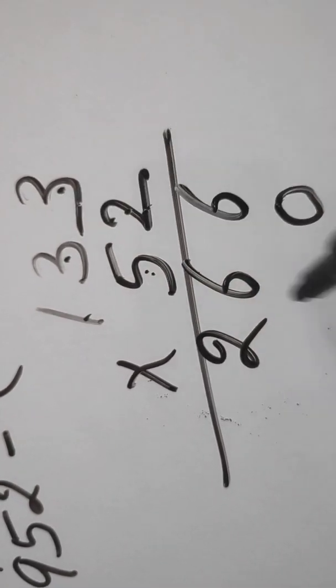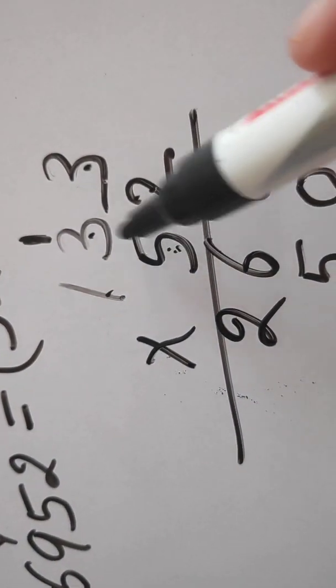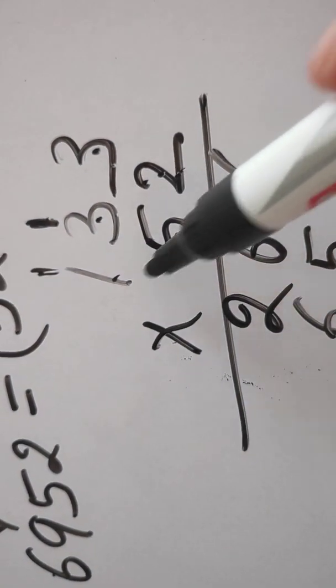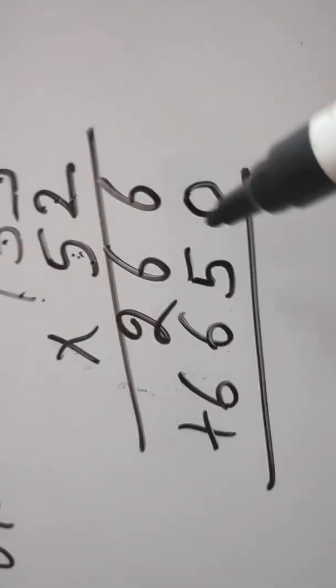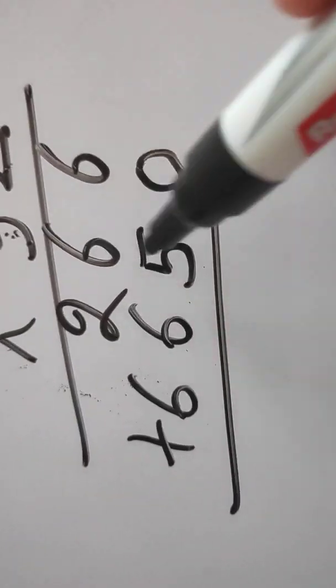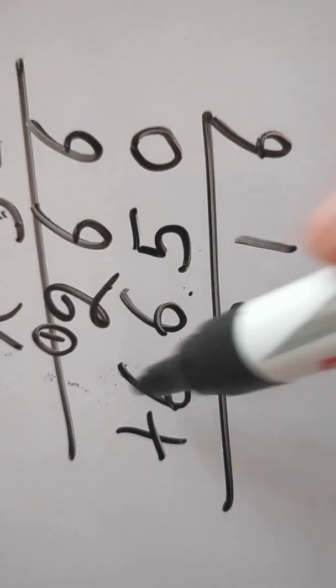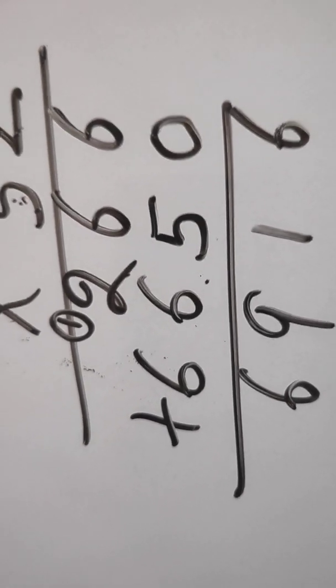5 का table 3 तक read करेंगे. 5 3s are 15. 1 goes as a carry. 5 3s are 15 and 1 16. 1 carry. 5 1s are 5 and 1 6. Now add it. 6 plus 5 11. 1 carry. 6 plus 2 8 and 1 9. 6 plus nothing 6. So it becomes 6915.